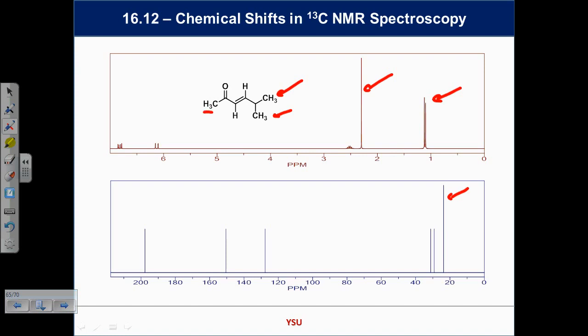And what about the little one down here? I'll tell you it's a septet. I think, oh no, actually it's more complicated than that. It's actually an octet. That one right there has 6 neighbors here and 1 neighbor there. So they're extra splitting. And that right there, they are both alkyl, but they've got something next door that deshields